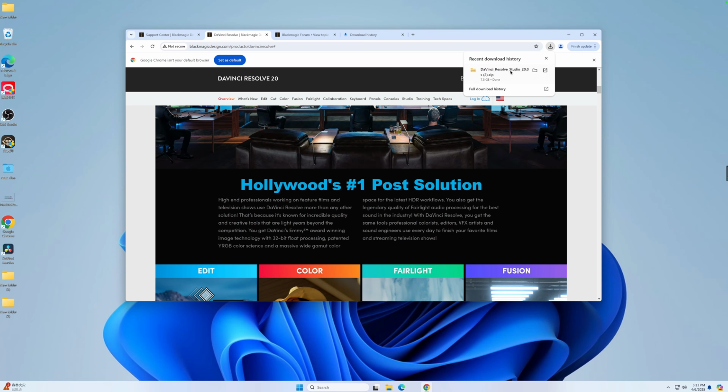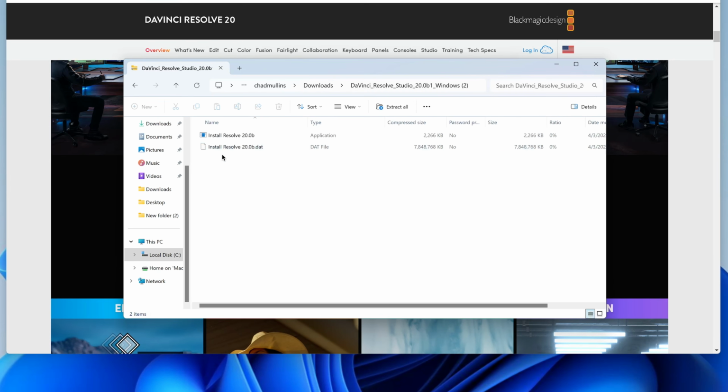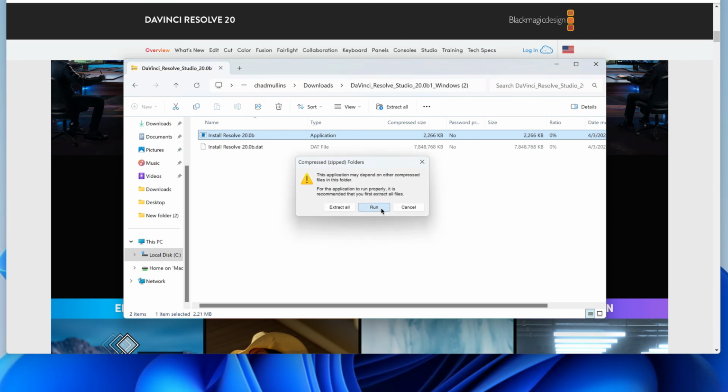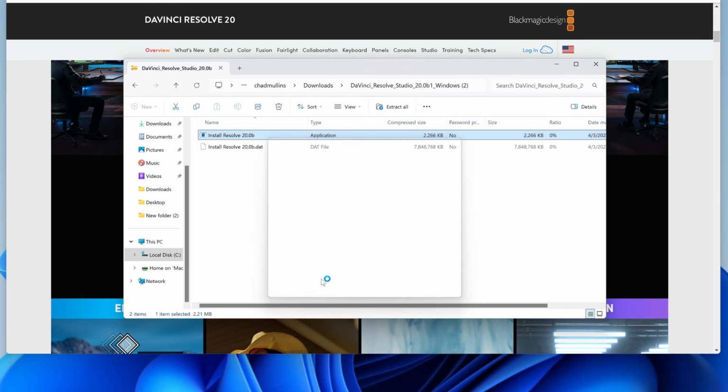So as you can see now, this is done. Let's go ahead and just click this show in folder. This has come up. I'm just going to double click it to open it. Now we have here install Resolve 20. I'm just going to select run. Do you want to allow this app to make changes to your device? So yes. Okay, so now that this is opened up here, as you see here, this installed Resolve 20B,